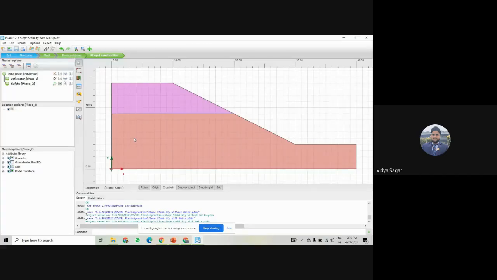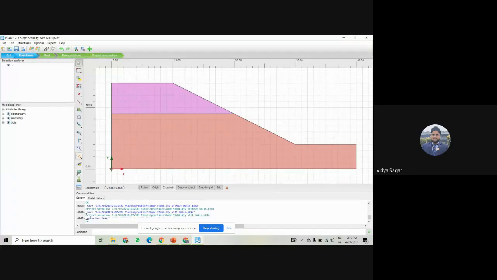For applying the nails, I have to move to the structural part, because in the structural part we can apply any input.